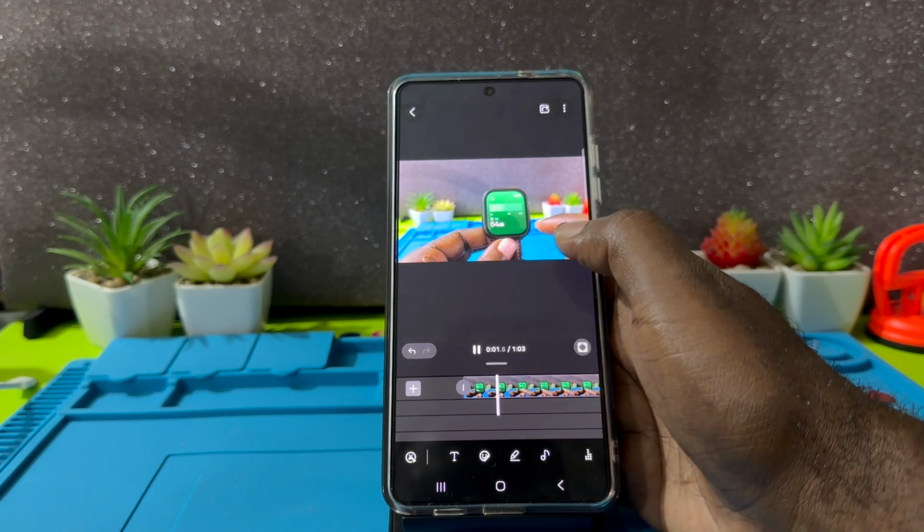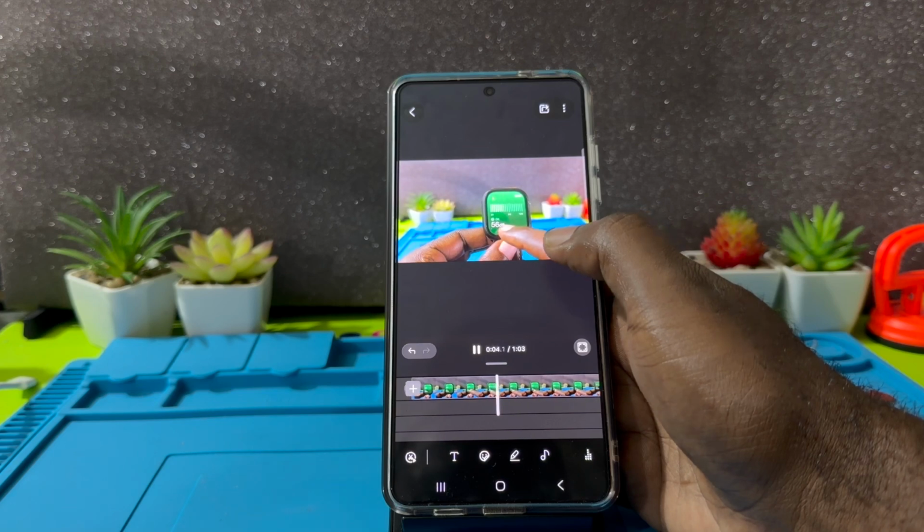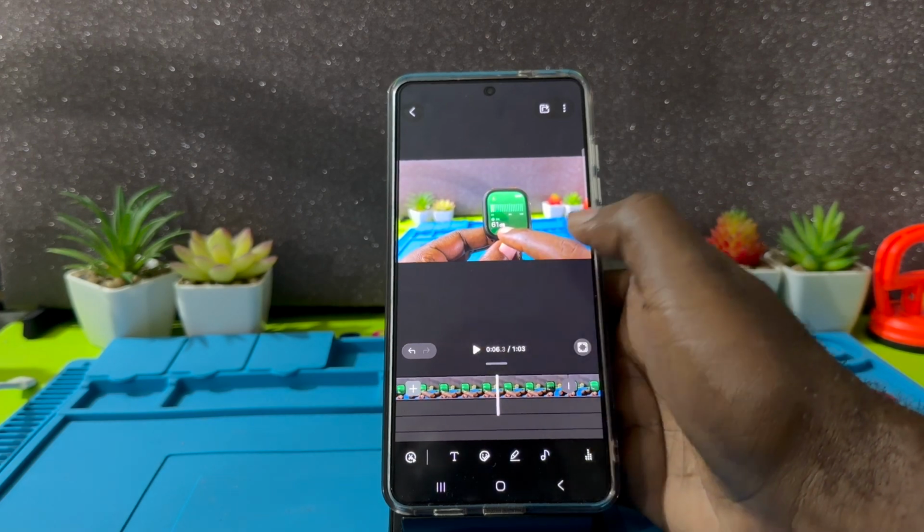Use the speakers of your device to measure the decibels of your